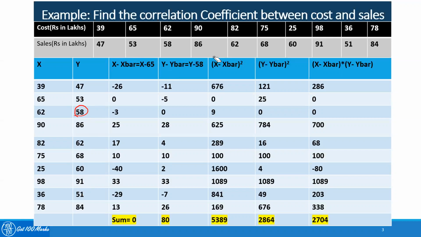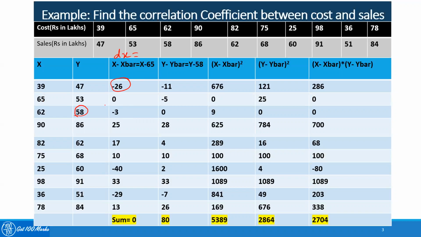The next thing is, we will calculate the value of dx. Normally, I actually write it as d dashed x, just to avoid confusion between x minus the actual mean, which is dx, and x minus the assumed mean, which is d dashed x. Though in this formula I have used dx only, I have not used d dashed x. So let's just think dx is equal to x minus 65, calculated for all the values. So 39 minus 65 is minus 26.